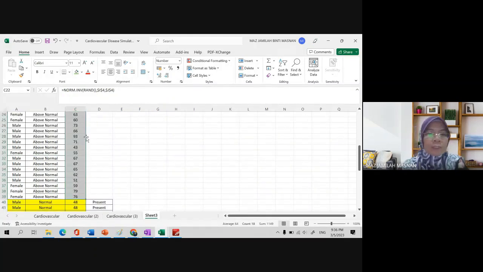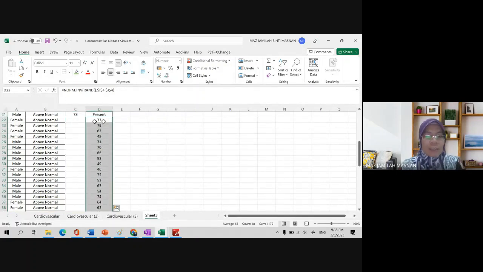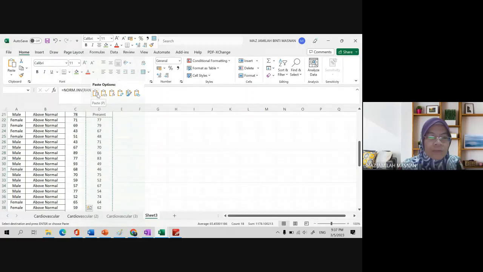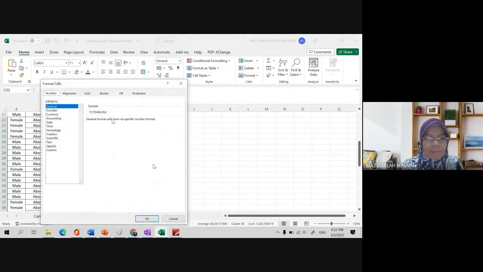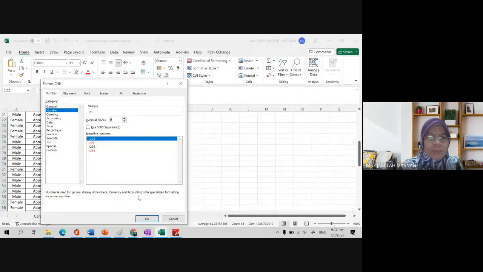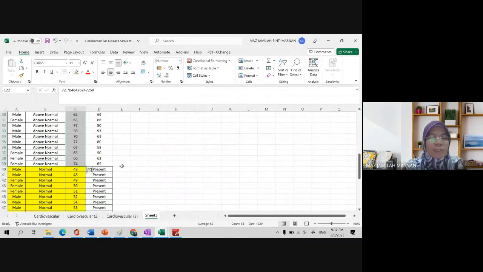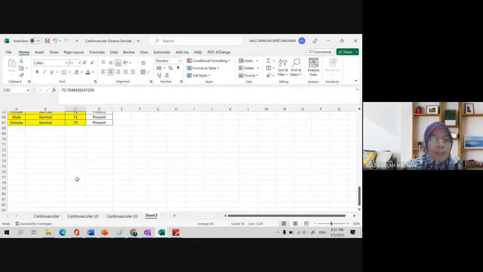If you don't want that value to be changed, you can just bring it here, copy it, Control C, and put it here. Remember, paste the value, not the function. If you paste the function, it will keep changing. So paste the value. When you paste the value, change the format again to become whole numbers without decimal points. So this is your new generated observation. So do again for your normal cholesterol level until you got the